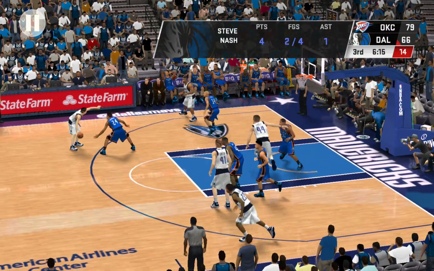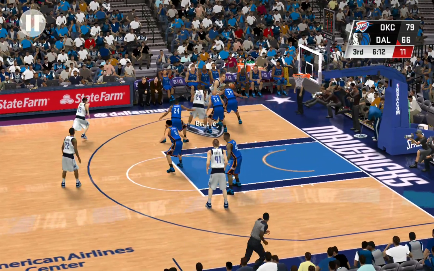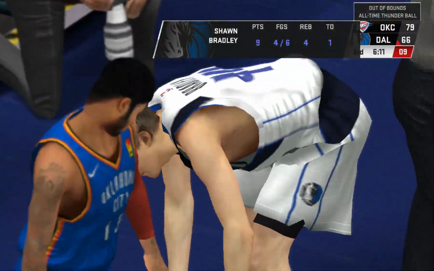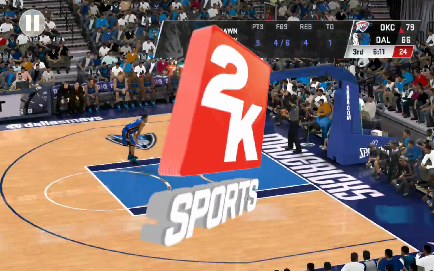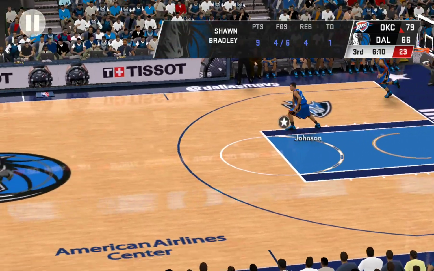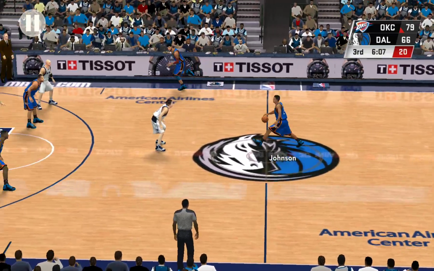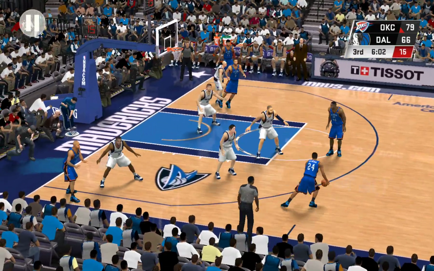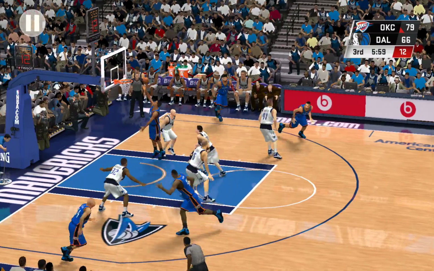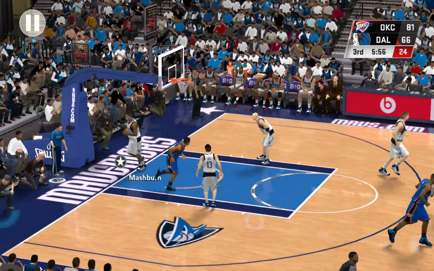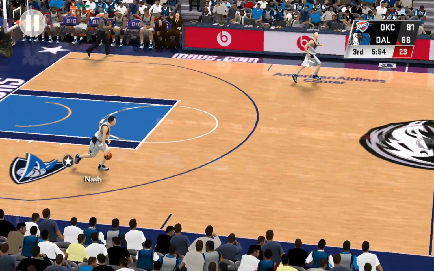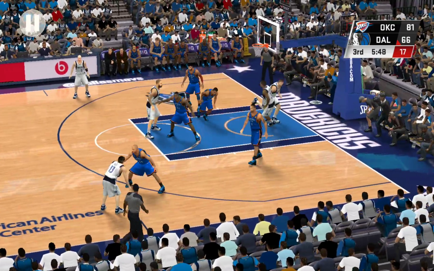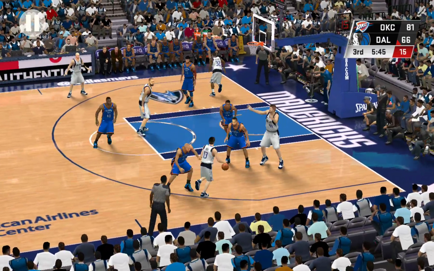Nash outside. Pass to Bradley. And that'll be Oklahoma City's ball as it goes out of bounds. And the Thunder making a switch here. And here now the Thunder. Johnson with it. Still getting warmed up offensively. No buckets yet in the game for him. An easy layup after coming off the pick. The screenplay worked ideally there, and I'm not talking about the screenplay you see in a movie theater. Gave him more than enough room to get that shot off.